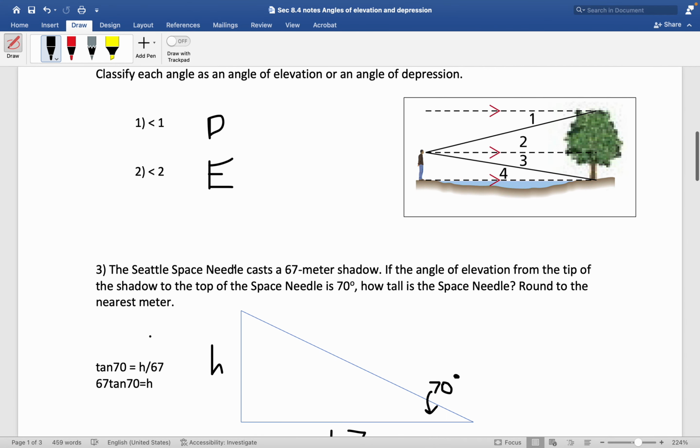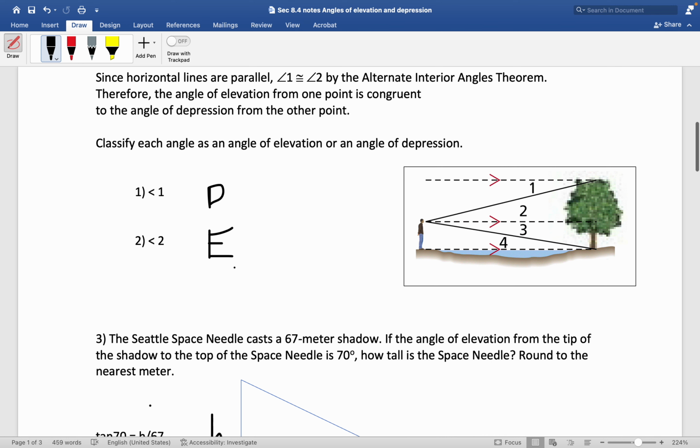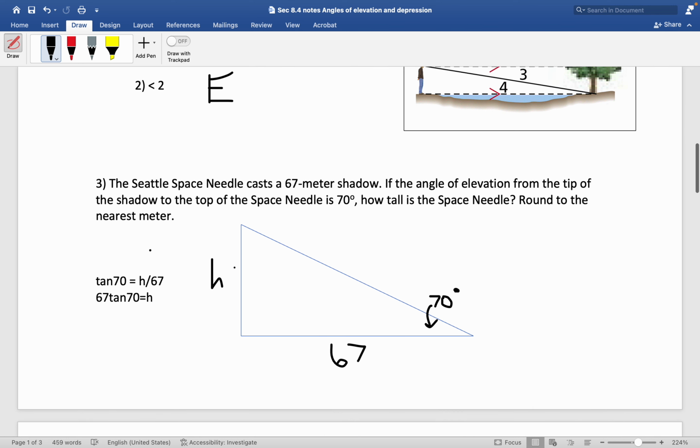If we look down at a specific example, this is mostly what we will be dealing with when it comes to angles of elevation. Ultimately, what we are trying to do is use the word problem and information given to set up a triangle so that we can find a missing angle or side. So let's look at this example. In number 3, you guys will have to sketch in this diagram, and what I'll do is I'll explain how